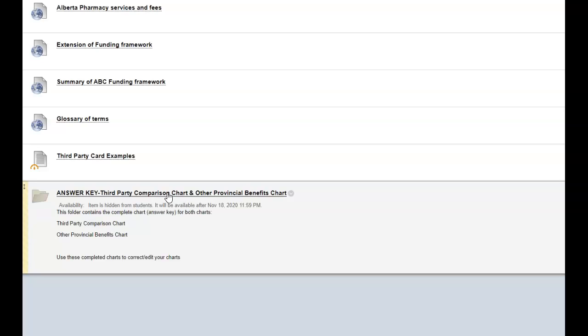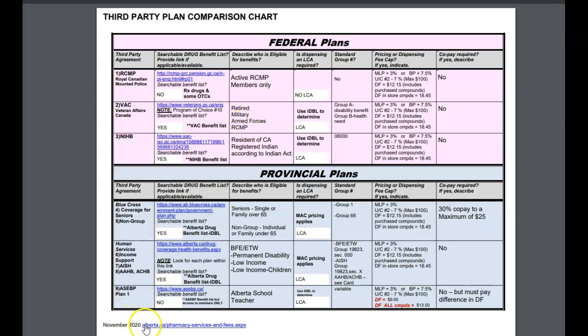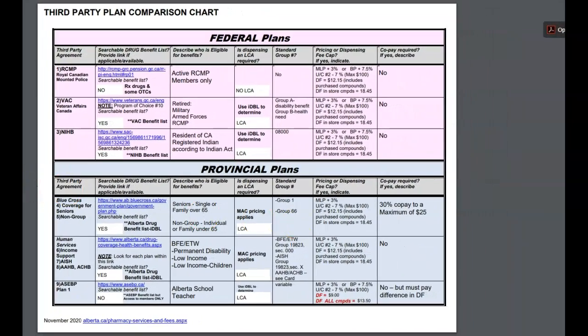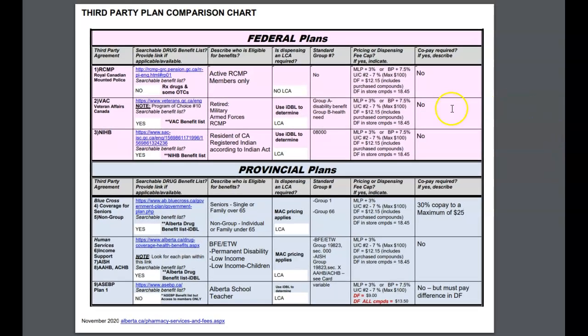So don't be too frustrated with me when you see what I have posted here. These charts, as I said, they are the completed version. Just want to shrink up my screen here a little bit so it's not quite so full. Oops, can't shrink it, center it. Okay, so again, don't be too frustrated that now I'm giving you the answer key for all of your hard